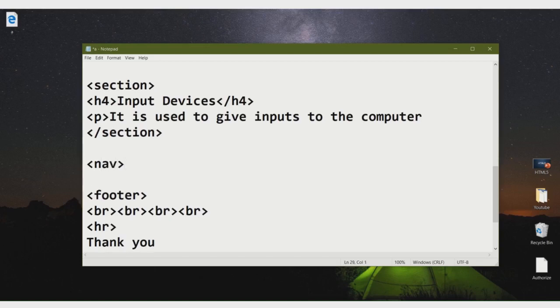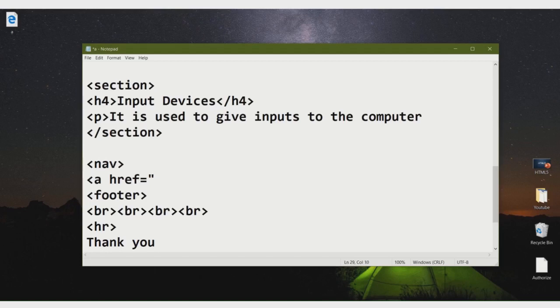Using this tag we can add clickable links, that means a set of navigation links can be added by this nav tag, okay. And within this tag we have to place the anchor tag for creating a hyperlink.